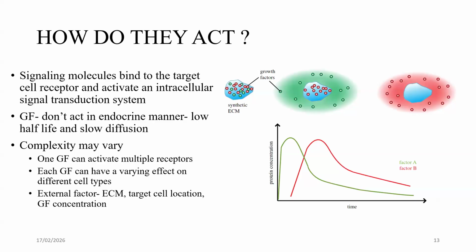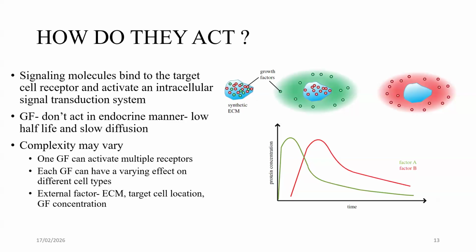But you can see the red line didn't go down as fast as the green one, and they are actually representing these molecules. The red line is this molecule, and the green is this molecule. So they are evenly spread. Inside the synthetic extracellular matrix, these growth factors are added. There was an initial burst release, growth factors got released, and it lost all growth factors and came down to the baseline level. These ones, which seem to be a little bit more dispersed, got released and came down, but not as much as this molecule.